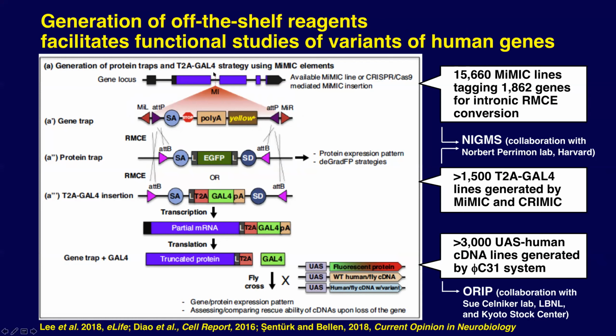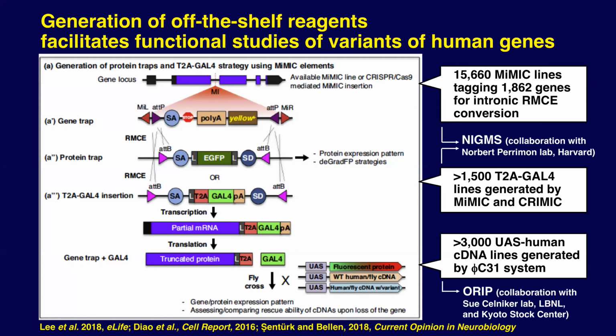And when a MiMIC insertion is inserted in an intron, it allows us to introduce an artificial exon that consists of a splice acceptor, EGFP, and splice donor, and therefore will tag the protein, but the protein is mostly functional. 70 to 80% of the time, this insertion will make for a functional protein